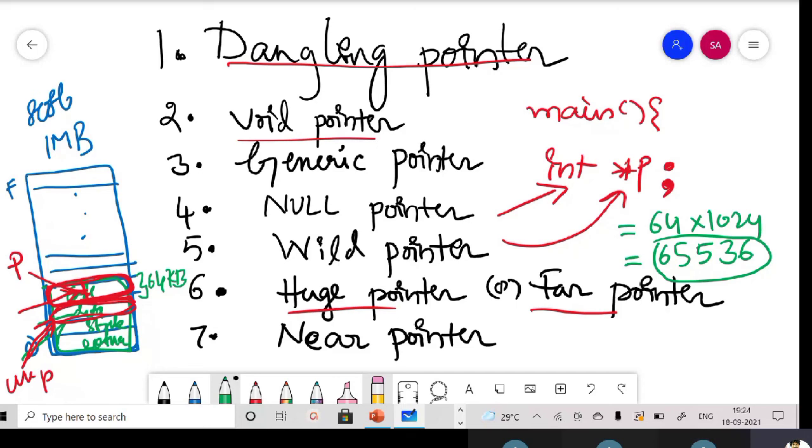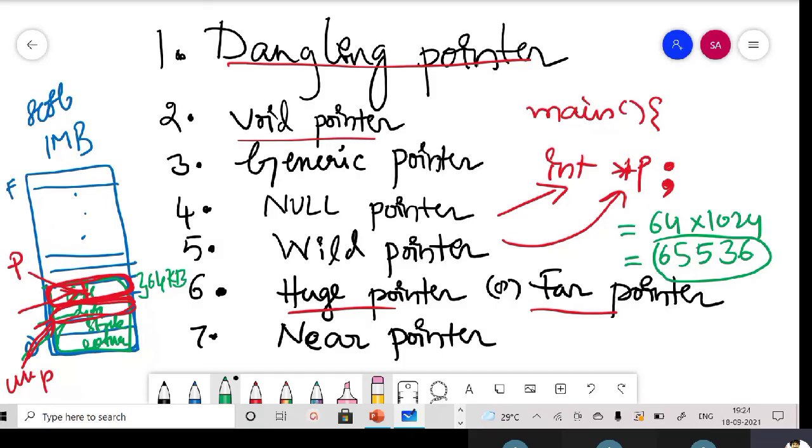Why do we think of things like near pointer and far pointer? Because C belongs to the era of 1972. When was the microprocessor invented? In 1971. So both happened almost at the same time.